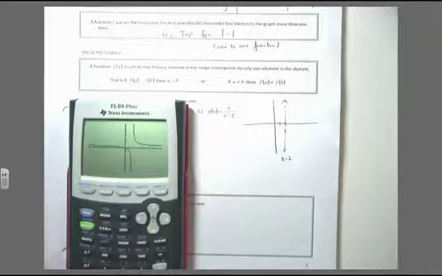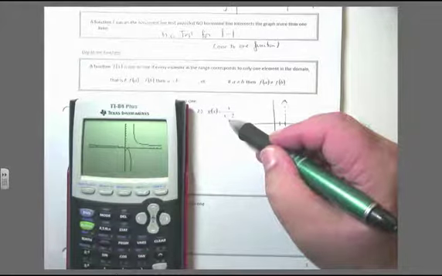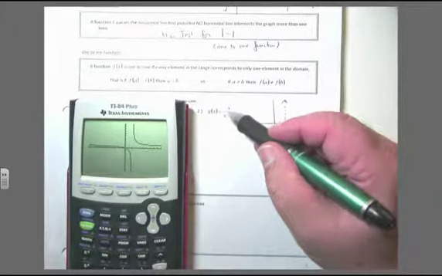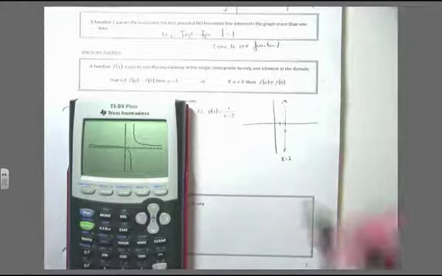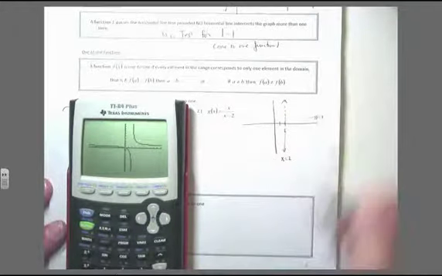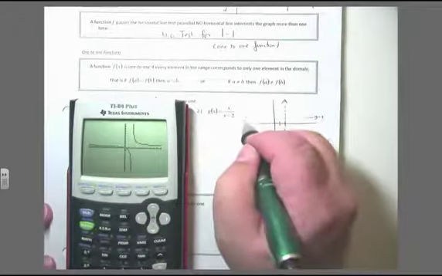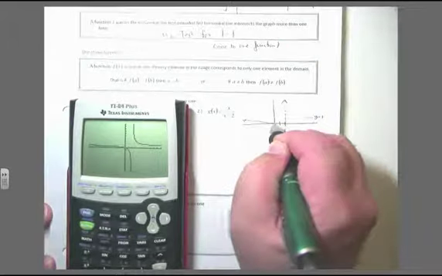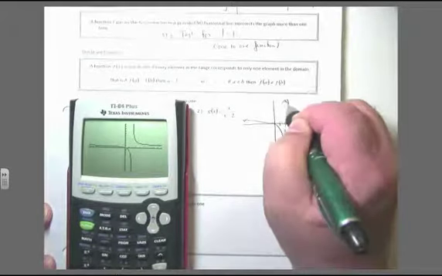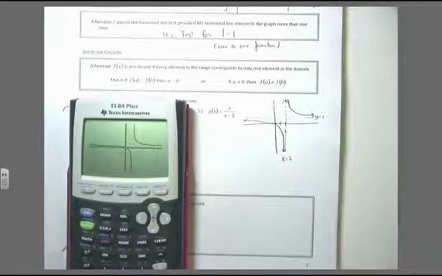It also has a horizontal asymptote. What's the horizontal asymptote? Well, the degree of the top is 1. The degree of the bottom is 1. So what is the horizontal asymptote? The ratio of leading coefficients, 1 over 1, which is y equals 1. Okay? And you notice this graph goes through 0, 0, and then shoots straight down and goes here. I'm just making the classic elaborate graph on this guy,